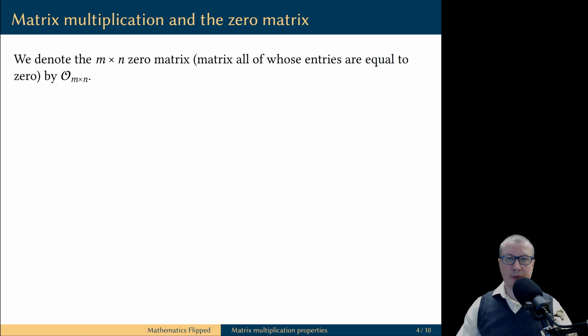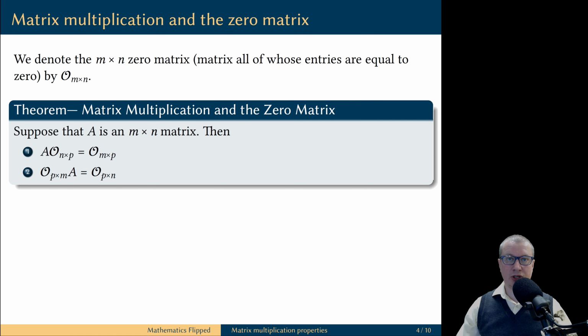Let's define the zero matrix as a matrix all of whose entries are equal to 0. And the first property of matrix multiplication is that the zero matrix is an analog of zero number, in the sense that when you multiply any matrix with the zero matrix, the result is the zero matrix. The only caveat in this case is that the size of the zero matrix may change. Please inspect carefully both equalities to make sure that the products are defined given the proper size.